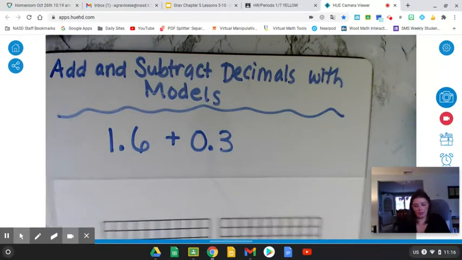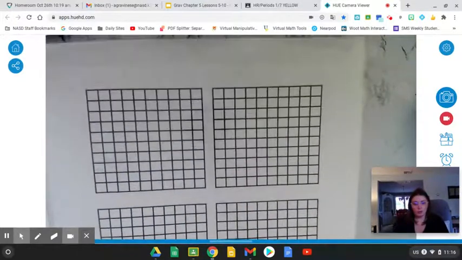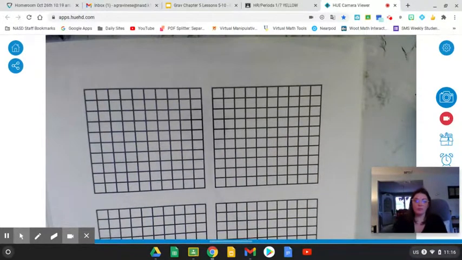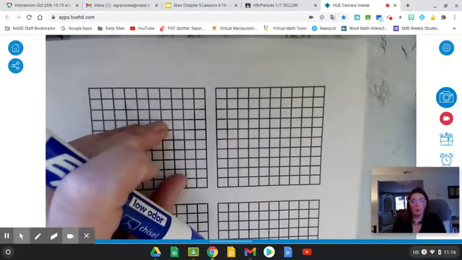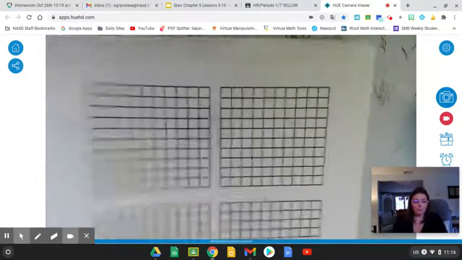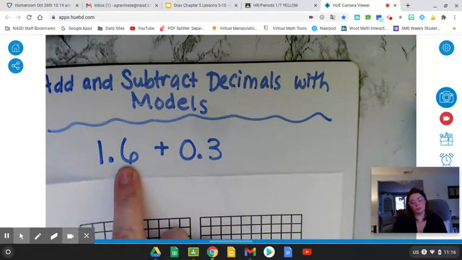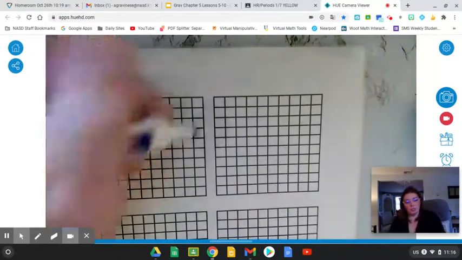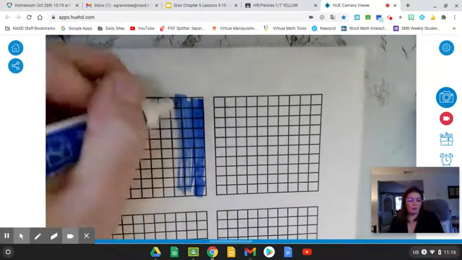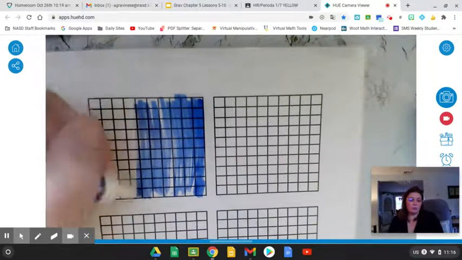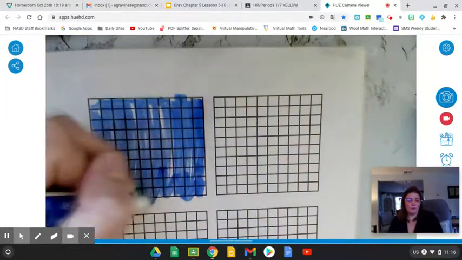So I have a group of 4 hundredths grids. And if you recall from the previous lesson, one of these hundredths grids represents one whole for what we're working on. So if I'm taking 1 6/10, I want to shade in one whole, and it's not going to be perfect because that would take way too long. So we're shading in one whole grid,